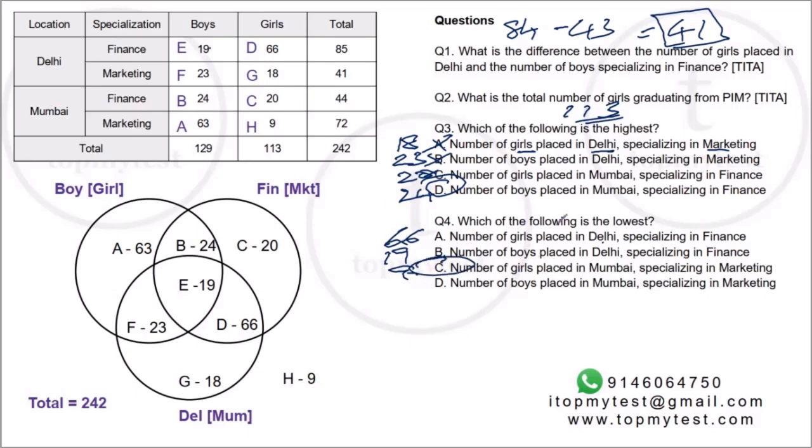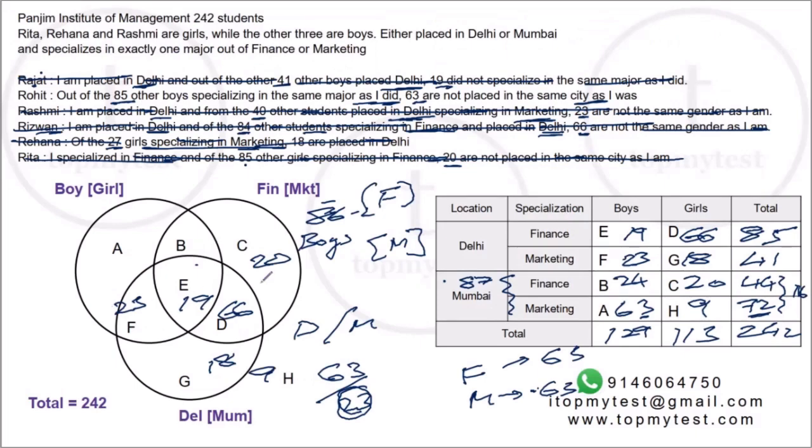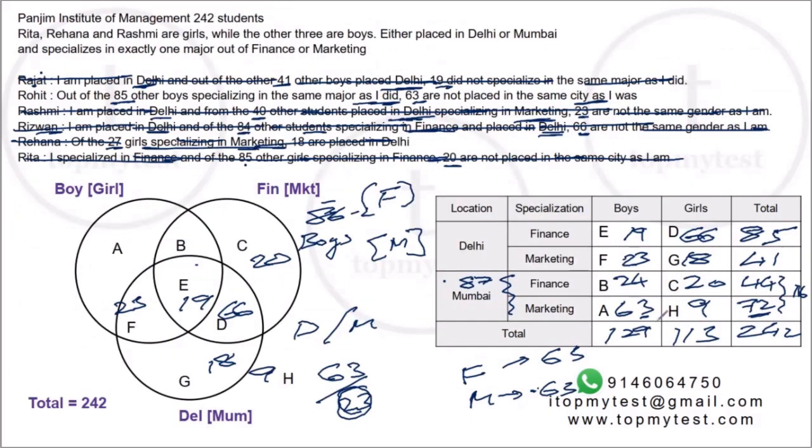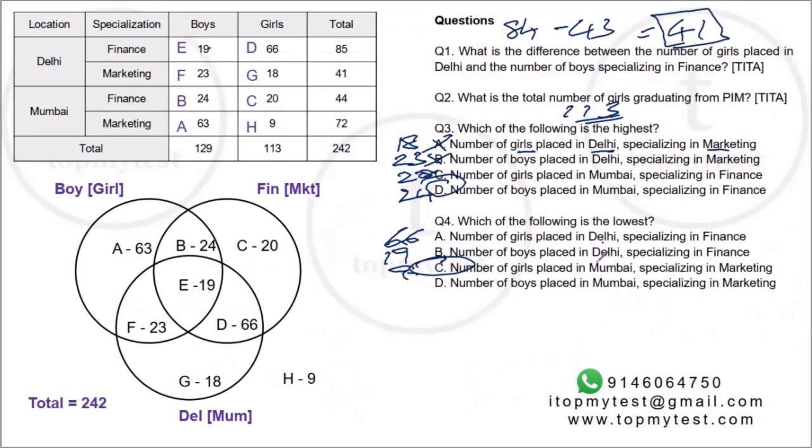It's a beautiful question, a wonderful question. You have to first figure out that there's a Venn diagram, which can also be solved using a table. There's a binary sort of a thing: one is a boy, other is a girl; one is finance, other is marketing; one is Delhi, other is Mumbai. So we have to figure out where the grid is, where to place which person in the grid. Once you do that, we need to be extremely patient with the questions, also identify the regions or the parts of the table, fix that carefully and then answer the question.